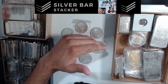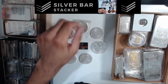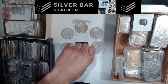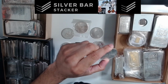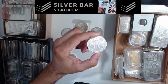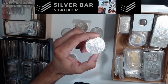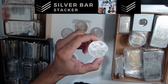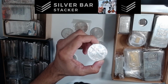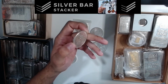Now, if you want to just max out, pay the whole $210, $30 an ounce, then you'll get yourself a nice random year American Silver Eagle. This one happens to be a year 2000, but we've got older ones, we've got newer ones, and you'll be guaranteed to get yourself a nice legal tender United States Mint American Silver Eagle coin. And so that, folks,